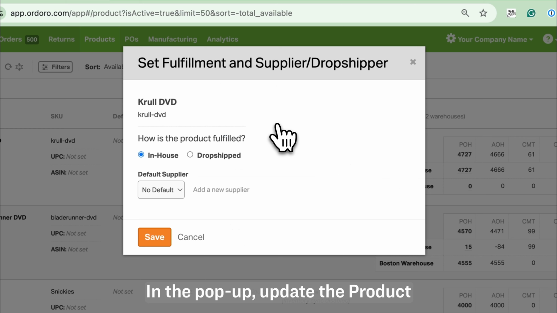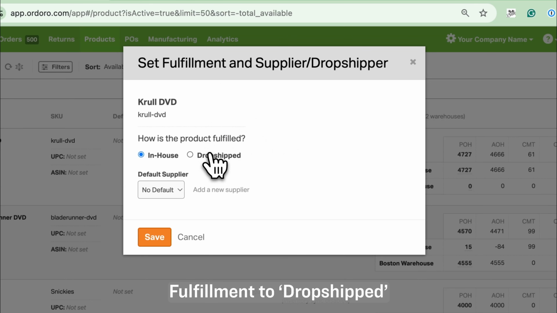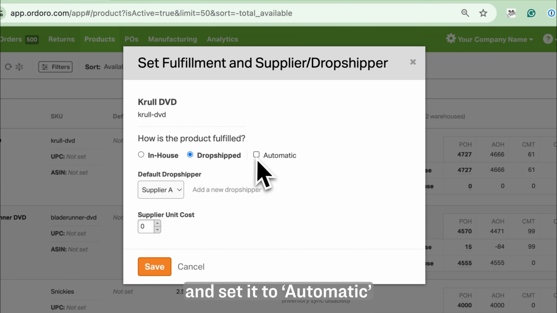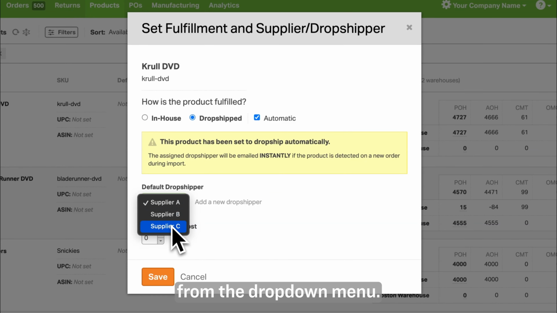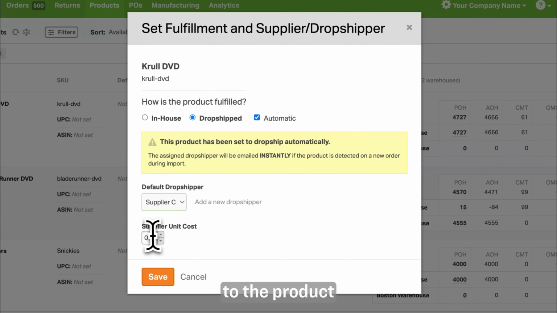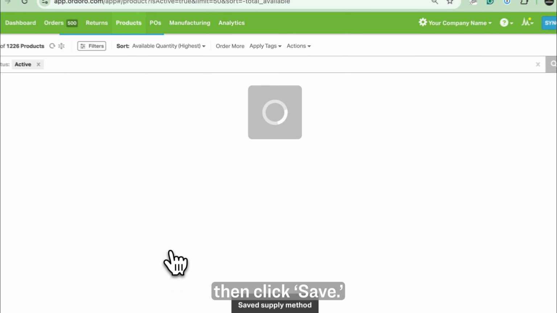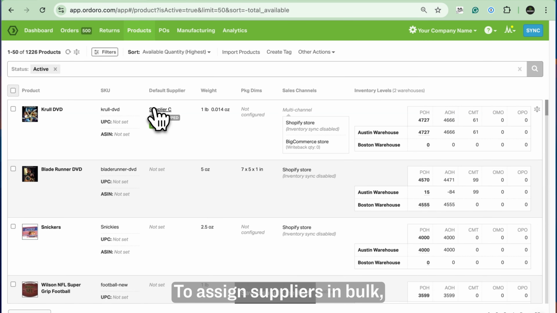In the pop-up, update the product fulfillment to Dropshipped and set it to Automatic if you want this product to automatically dropship to the supplier. Next, choose your default dropshipper from the drop-down menu. Add a supplier unit cost to the product to track expenses and profitability. Then click Save. To assign suppliers in bulk, select Multiple Products,